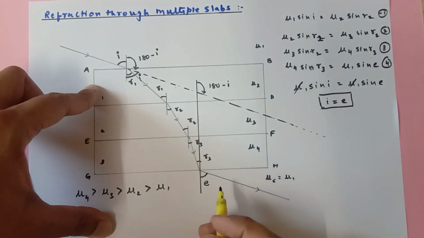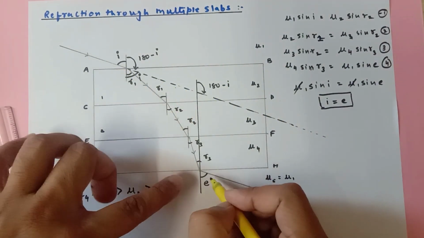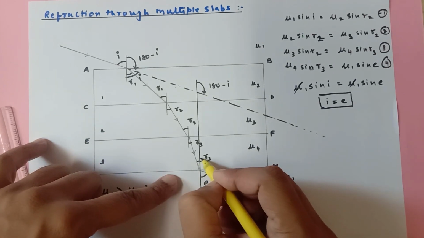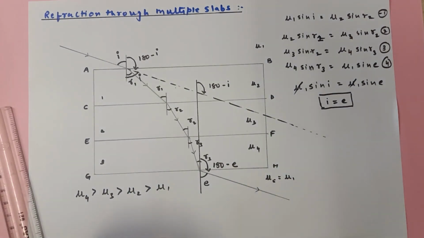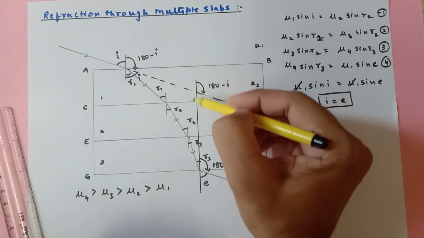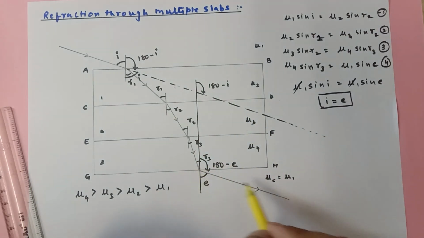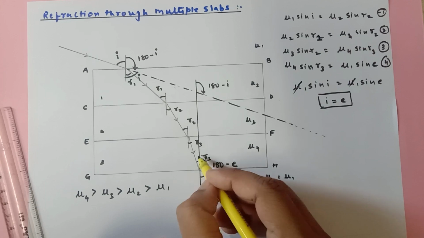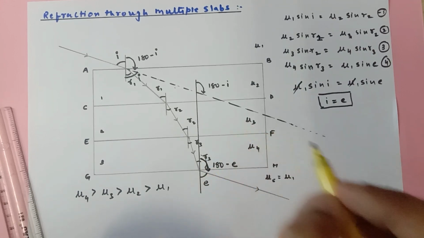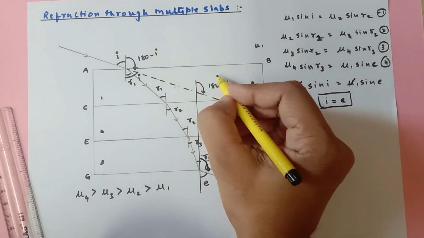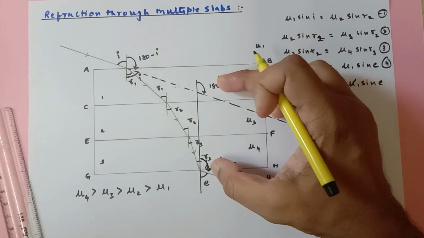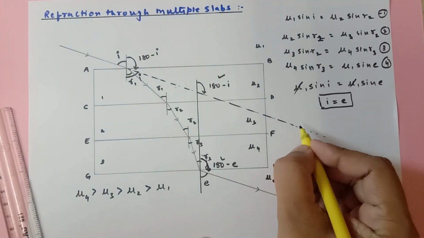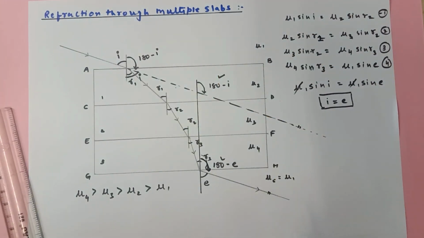Now in the same way, if this is E, then this angle from here to here is 180 minus E. Now I'm talking about this line and these two lines. So if this is E, this is 180 minus E. Correct? This angle is 180 minus E because this whole angle is 180. Now we know that I and E are equal. That means 180 minus I and 180 minus E are the same. So now again these two become corresponding angles. So that means these two lines have to be parallel to one another.